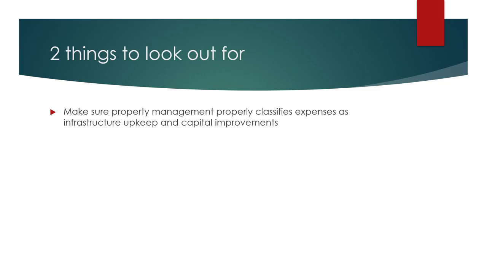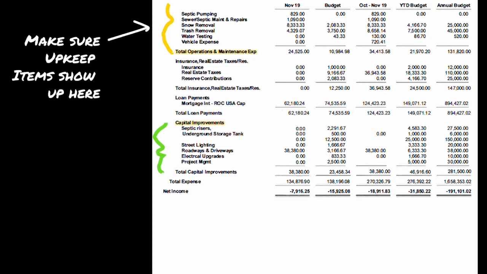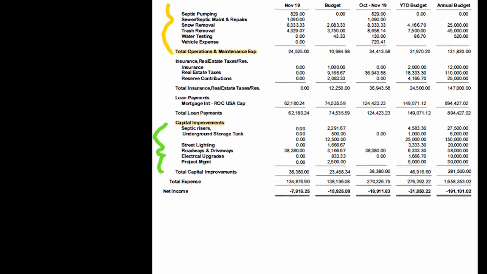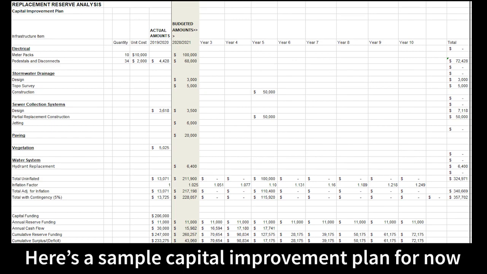Every once in a while, a big capital improvement expense will show up in the wrong section of the profit and loss report. This could make it difficult to create budgets for your co-op when things are in the wrong place. This is especially the case since upkeep is part of your regular operating budget and capital improvements are on their own separate 10-year budget called the Capital Improvement Plan. We'll have to wait for the next video to explore how this capital improvement plan works in detail.